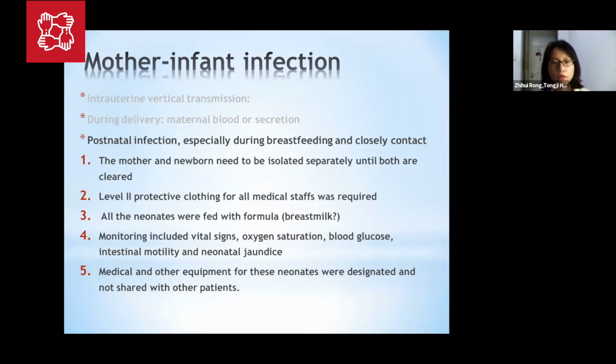3, all the neonates were fed with formula because initially we didn't have any evidence to show that the breast milk is clear of the virus. So we dared not to feed the baby with breast milk. We only fed the neonates with formula. And now with the evidence coming out that we don't find any virus in the breast milk, maybe now we